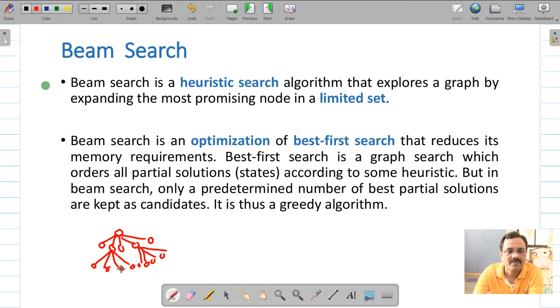If no, then again you are going to select a few nodes. For example, these two nodes are selected. They are explored further. All their successor nodes are generated. And then you are again going to check, is there a goal present among all these successors? So that's how this beam search algorithm functions. And the selection of these few nodes depends upon your H(n), that is the heuristic function.